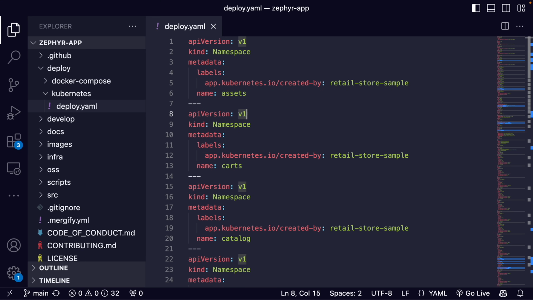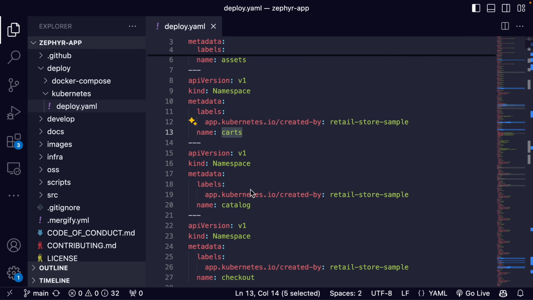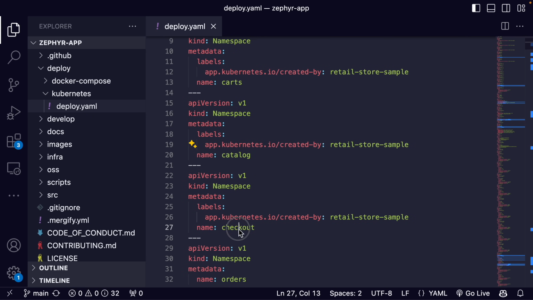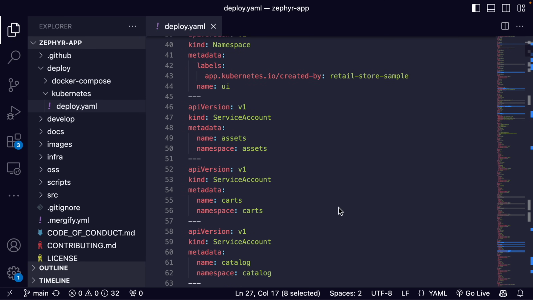And this is a microservice-based retail store that demonstrates how real enterprises use Kubernetes. So it's broken up into a bunch of different microservices components: a UI service, catalog service, cart service, order service, and a few more. And we start by having these namespaces. So unlike our simple example earlier, real applications use namespaces to organize different components. So here we have the assets namespace, the carts, catalog, checkout, and then we have a few other namespaces here,